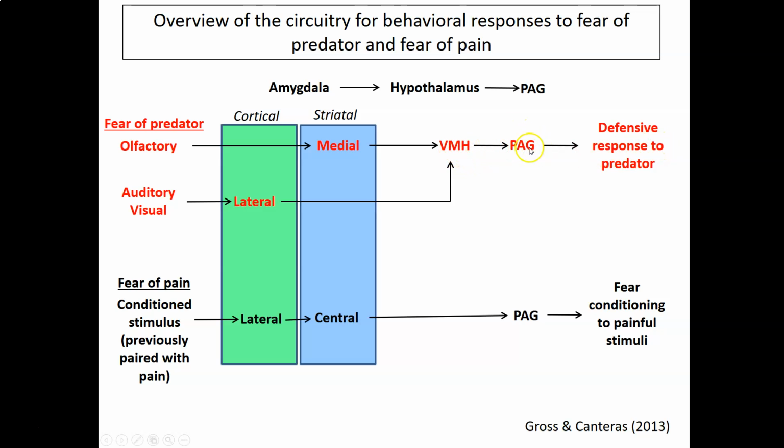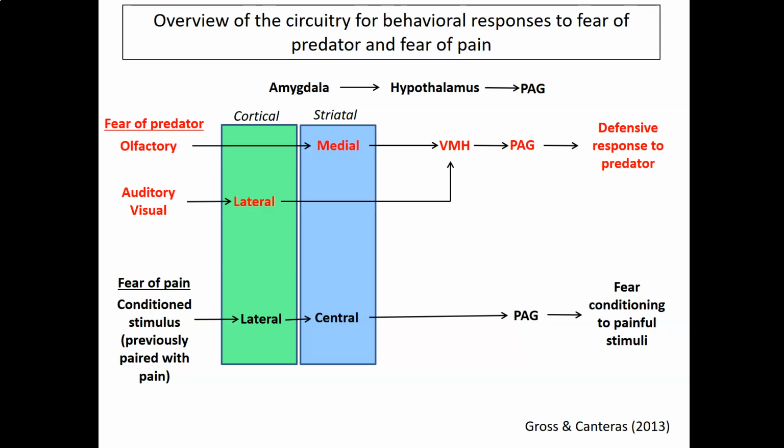And from there, it goes to the periaqueductal gray, where you have the defensive responses, which would be: hide first, try to hide. If that doesn't work, you freeze. If that doesn't work, then you attack. Okay? So that's the response. If the information is visual, okay, in the first example where I gave